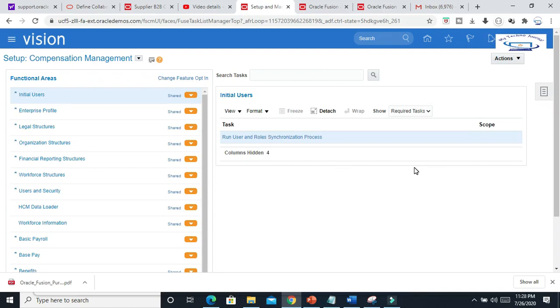Today I am going to discuss one of the components in Oracle Fusion Project Portfolio Management, and that is project unit. Project unit is a new concept in Oracle Fusion, and it was not in E-Business Suite.